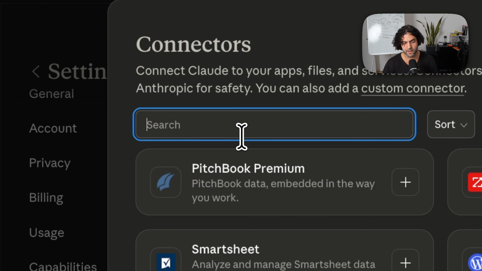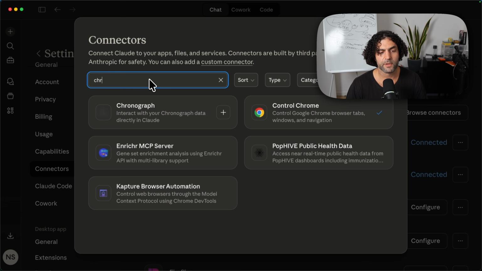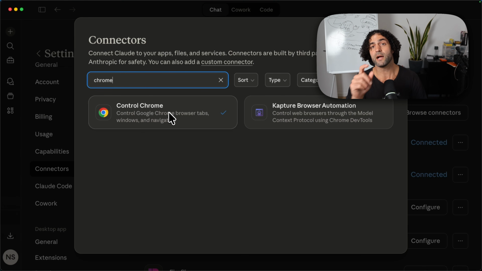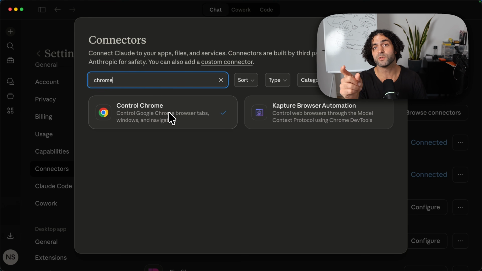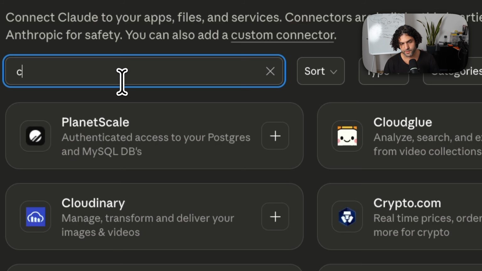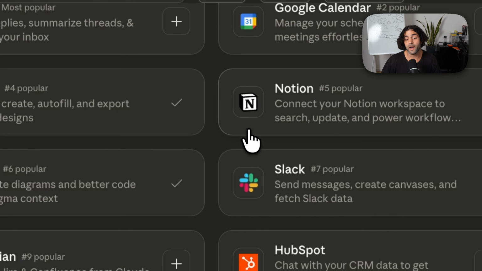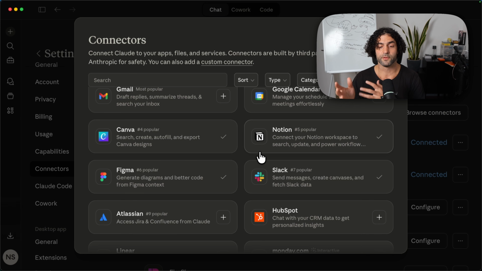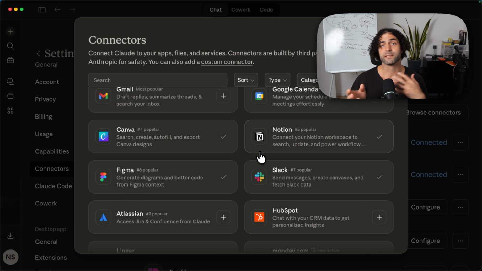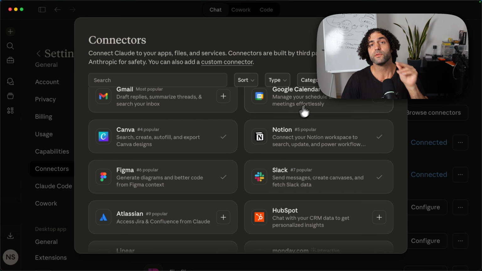A couple of my favorites: I definitely like the Apple Notes one, if you read and write Apple Notes on a Mac. Another one I really like is Chrome Control. This allows Claude to actually control your browser to do things on your behalf. And if you are somebody who does a lot of design, Canva is a must-have as well. Another one that I personally like, I'm not saying you have to use this, is Notion for your database. It's an incredible tool. I've been on it since the very beginning, and it's very well connected into the Claude